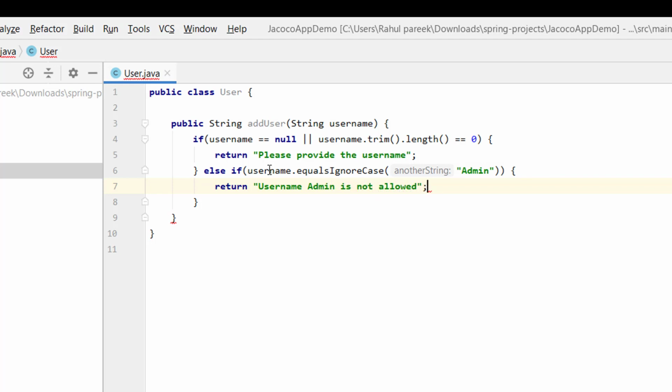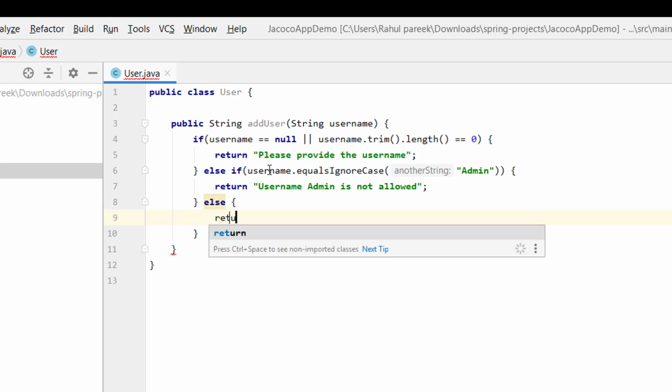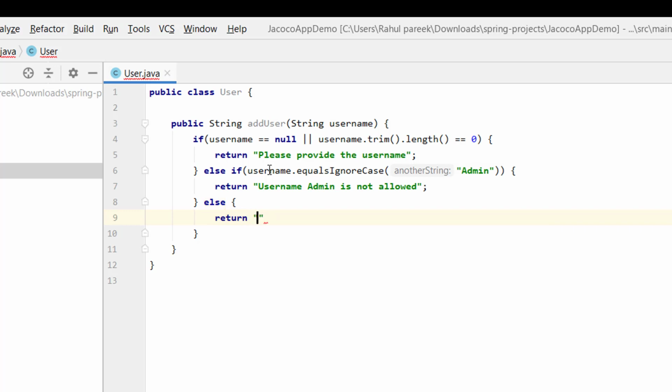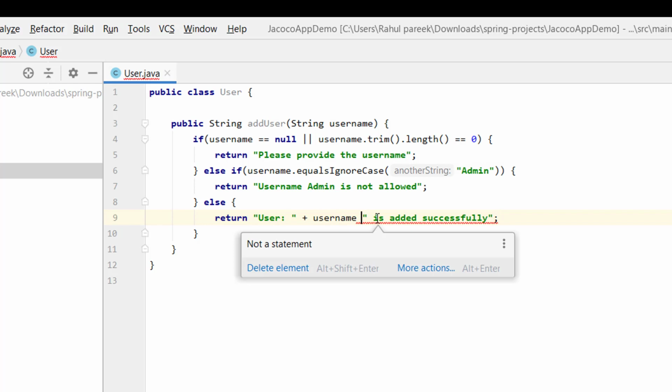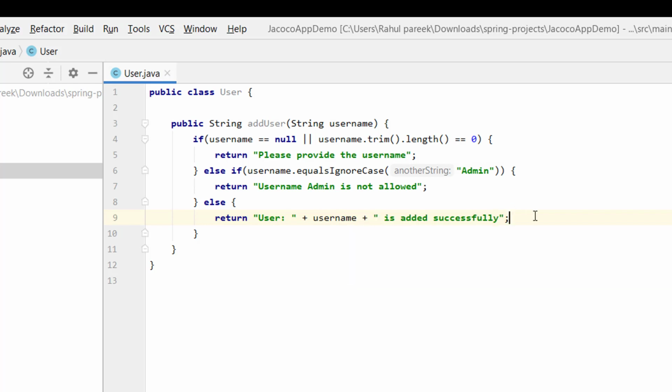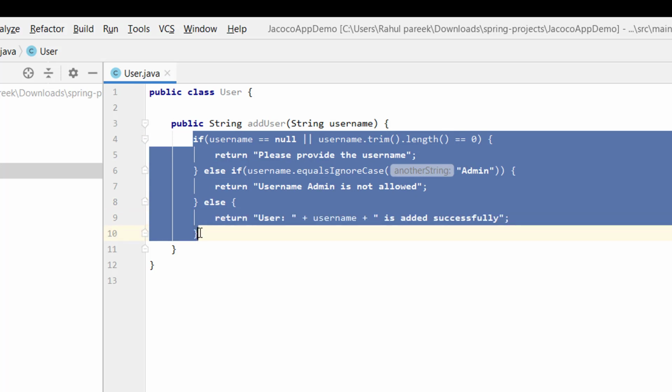Now if both conditions are not followed, then we will simply return that your username is added successfully. Okay, this plus is missing from here. So I've created this simple user class where we have these three conditions.